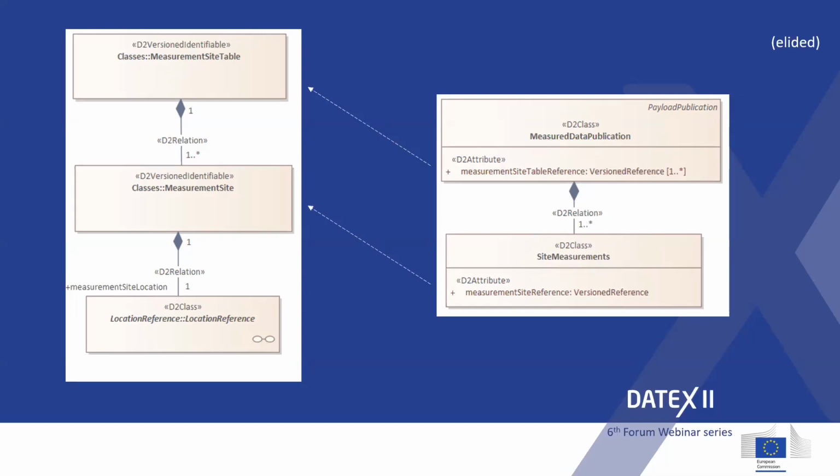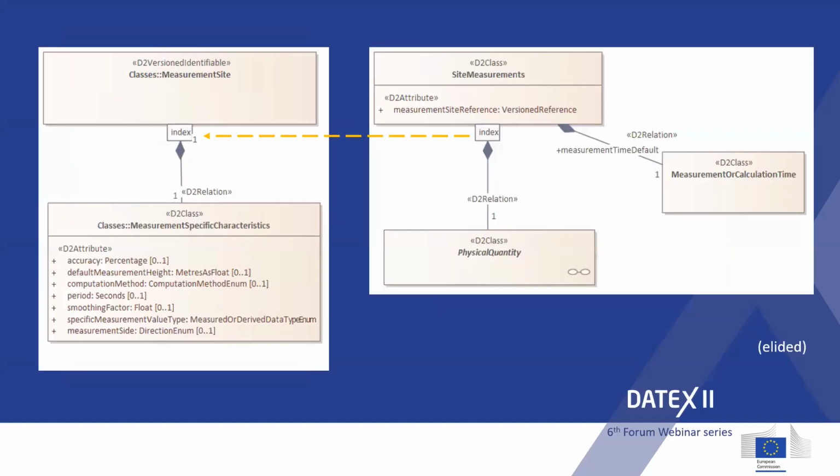Then you come to publish the time varying dynamic data, and your measured data publication there on the right has a reference back to the measurement site table, so you can understand the connection. Each individual collection of site measurements has a reference back to the measurement site used to produce that. That's the basic pattern. One level down from that,